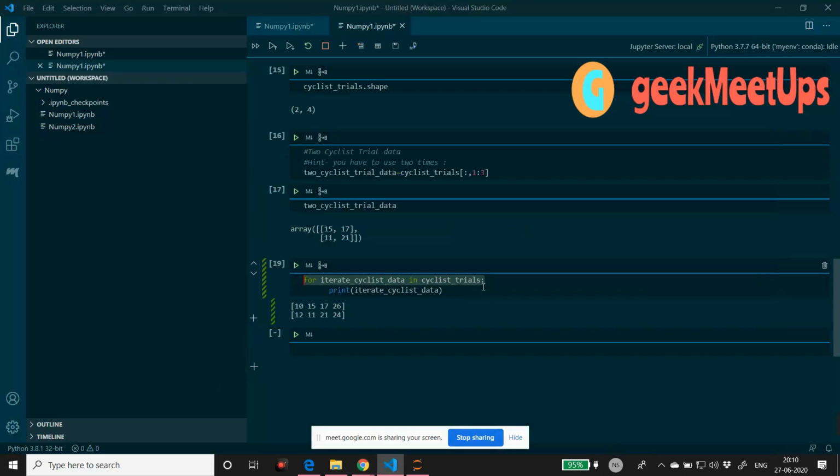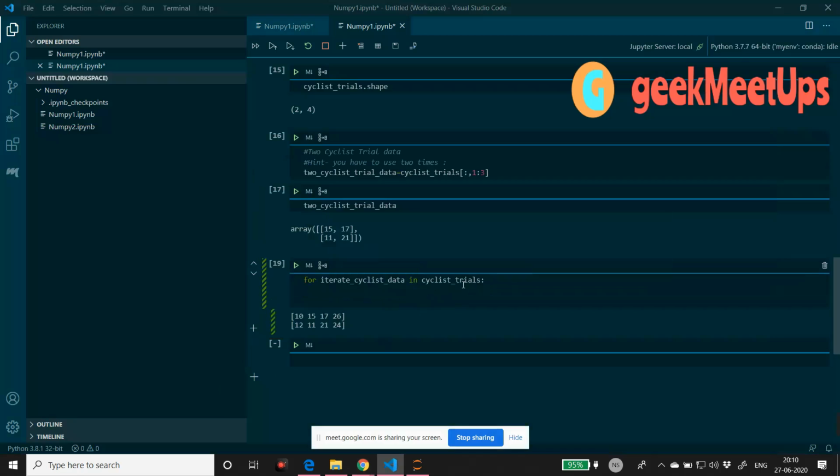But when you specify the same line in VS Code, it goes to the second line, but it is not following the indentation rule. So while writing, you have to take care of this explicitly. I hope there is no doubt. So you can mention a space here, then enter.